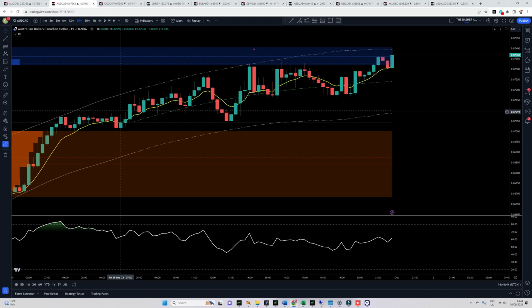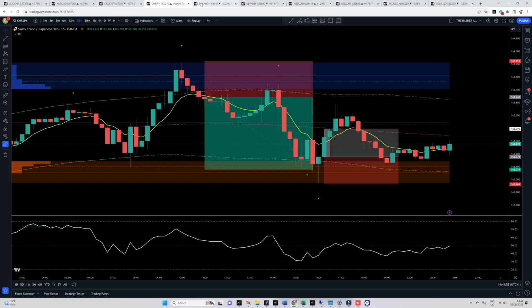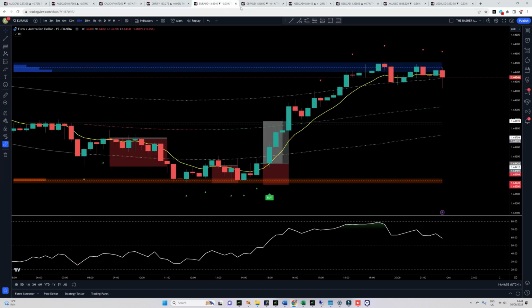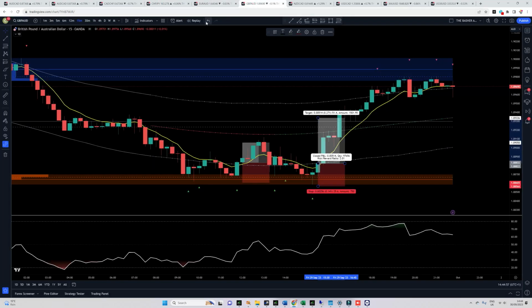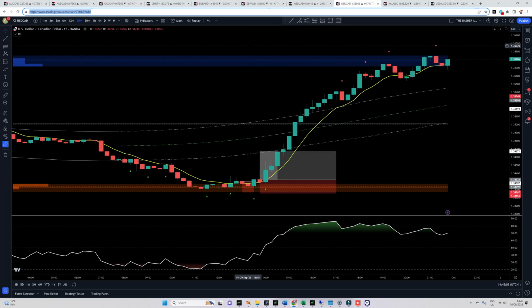In other words, the Australian dollar, the Canadian dollar against the Swiss, against the yen, the euro against the Australian dollar, the pound against the Australian dollar, the New Zealand dollar against the Canadian dollar, the US dollar against the Canadian dollar,